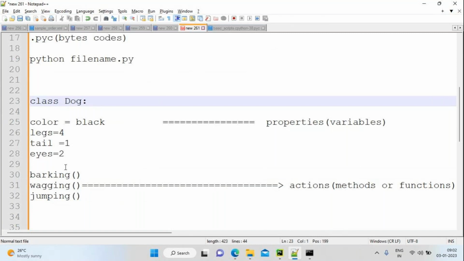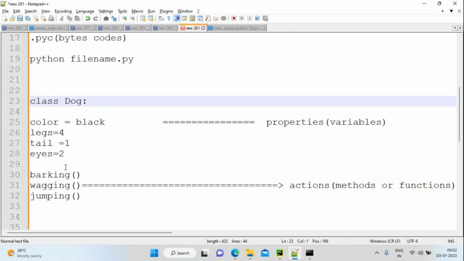Color equal to brown, legs equal to 4, and in a table what you can do? Reading, writing. If in the world you take any class like dog, table, chairs, furnitures, anything like a human being, what they will do? Eating, all are called actions.